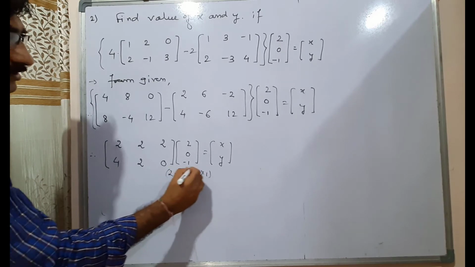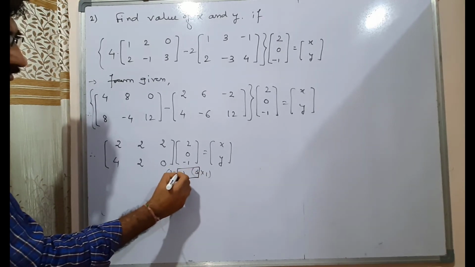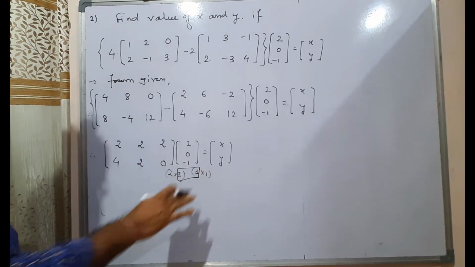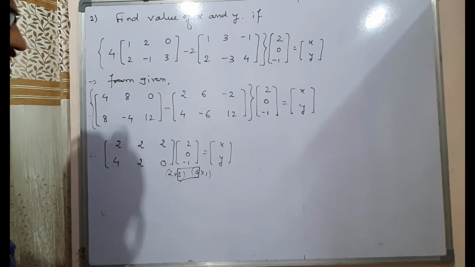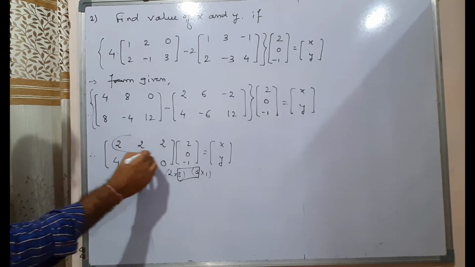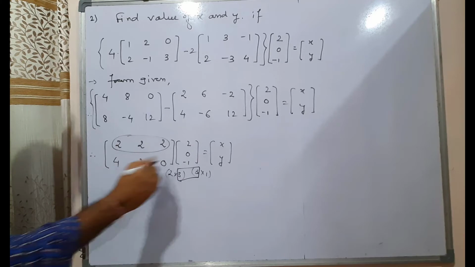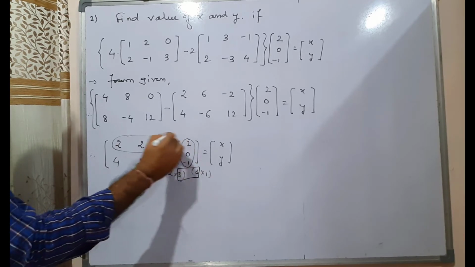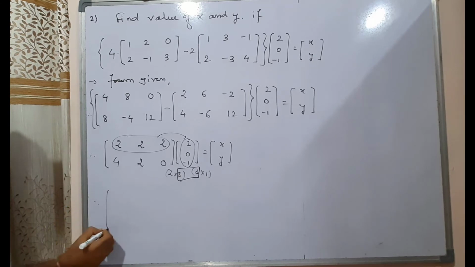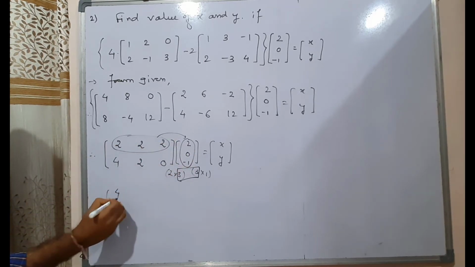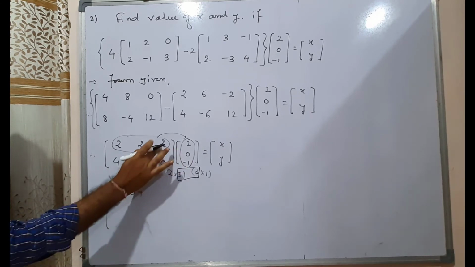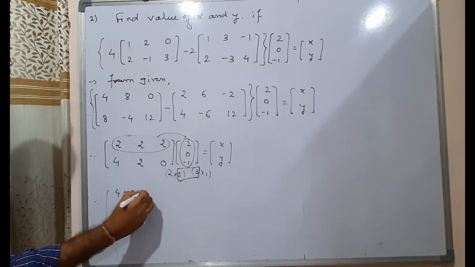एक ही कॉलम है. So in such a way we see here the order of the column of the first matrix is matched with the order of the rows of the another matrix. So that's why the multiplication is possible. Remember here these are 2 rows and here we consider only one column. तो एक ही कॉलम के साथ मल्टीप्लिकेशन करना होगा आपको. 2 into 2 is 4, plus 2 into 0 is 0, plus 2 into minus 1 that is minus 1.